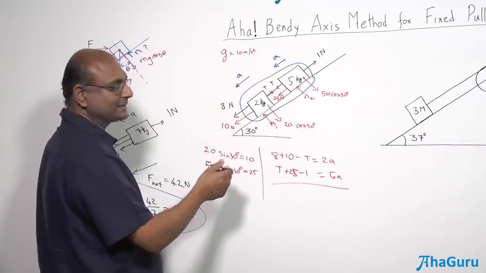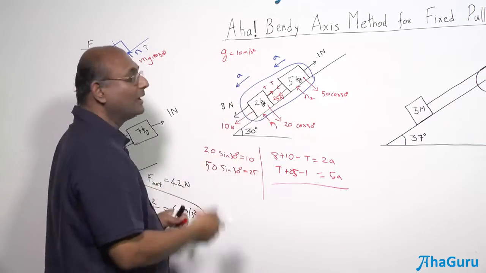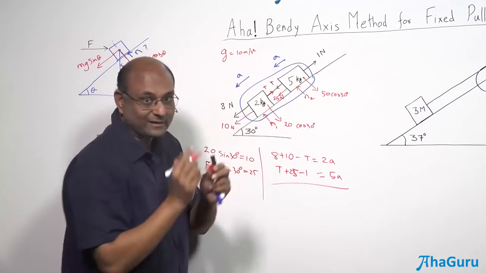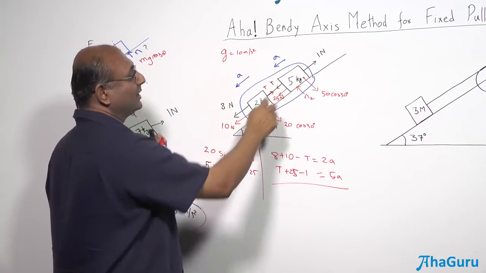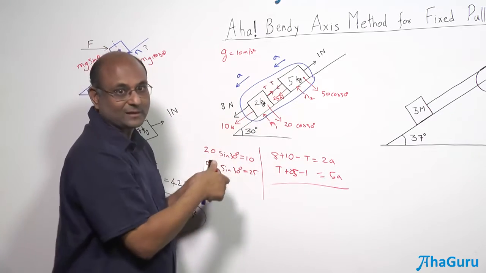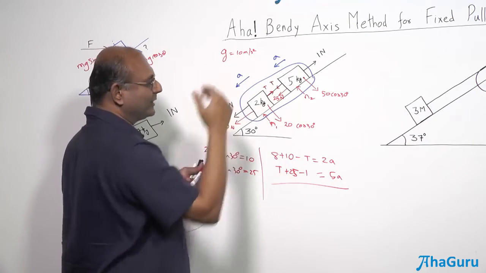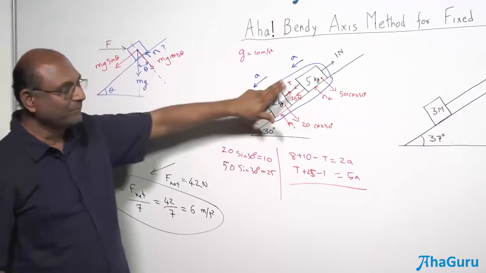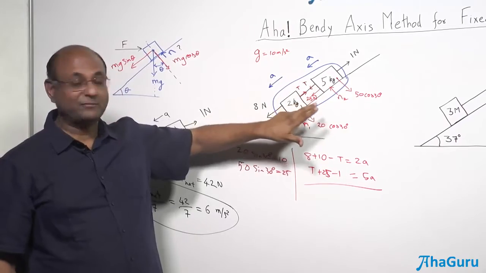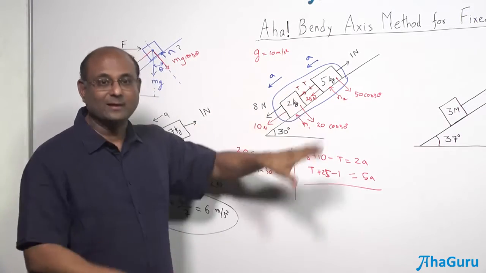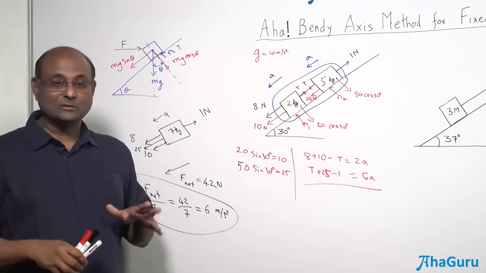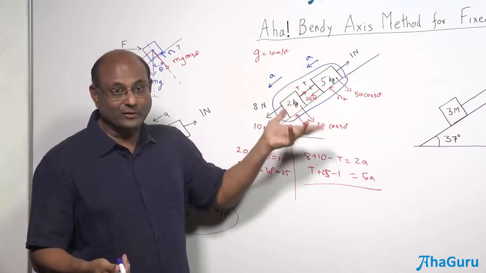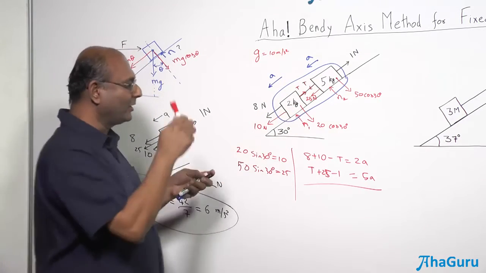How do I know the accelerations are the same? Well, they are connected by the rope. So unless this is moving faster. And with some friction questions, you'll have to worry about whether this is going to move faster. It will turn out that if you did this calculation, T is a positive number, and that is important. If T is a positive number, that means it's pulling, they are moving together. If T turns out to be a negative number, then they are not moving together. This is probably moving faster. Anyway, not for this question.